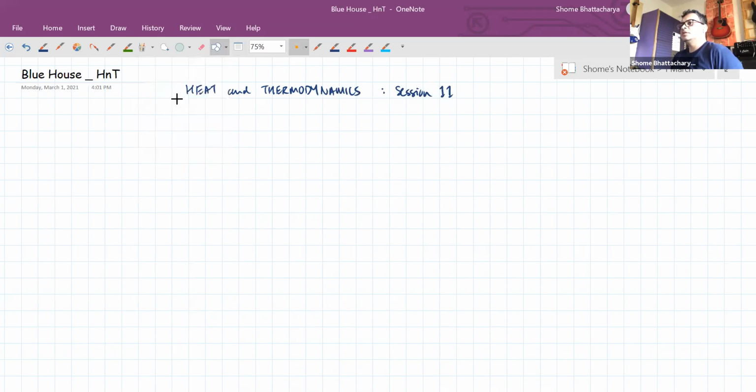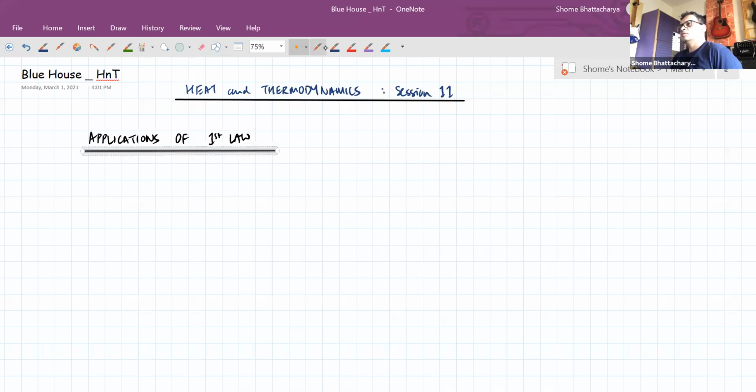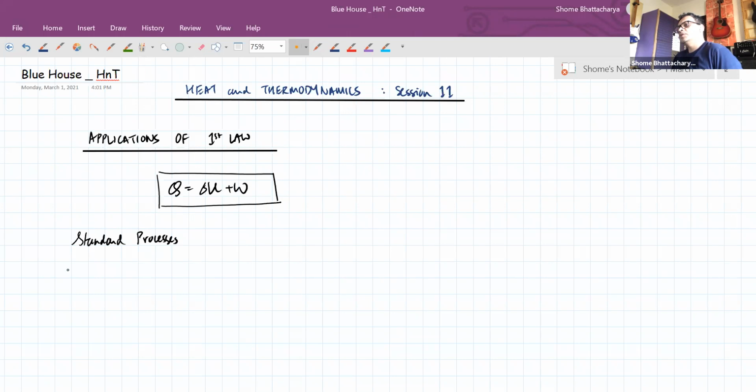In the meantime, today we shall continue ahead with the applications of the first law of thermodynamics. The statement of the first law being that the net heat supplied in a thermodynamic process is equal to the change in internal energy plus work done by the gas. So far we had seen three of the standard processes. We had seen the isobaric process,